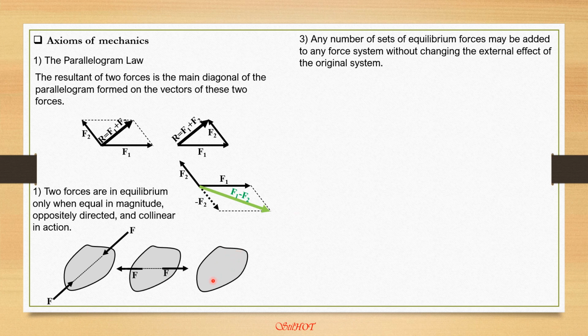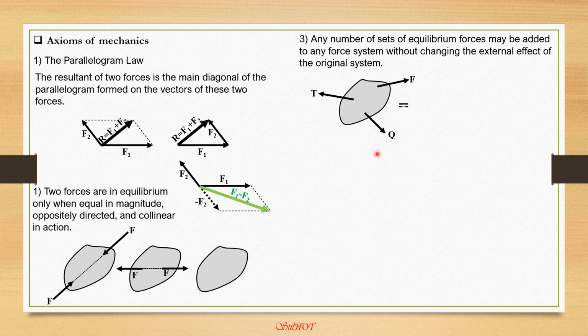So remember here, in this third case, we remove the forces. You can also add them back as long as they are in equilibrium. In fact, you can add any number of pairs of equilibrium forces. The effect to the original body, to the original system, is the same. So it may be free of forces that are in equilibrium, or it may be with so many equilibrium forces applied. Anyway, you can remove those pairs of forces that are in equilibrium.